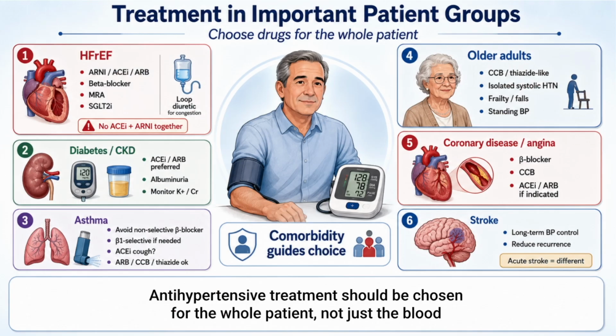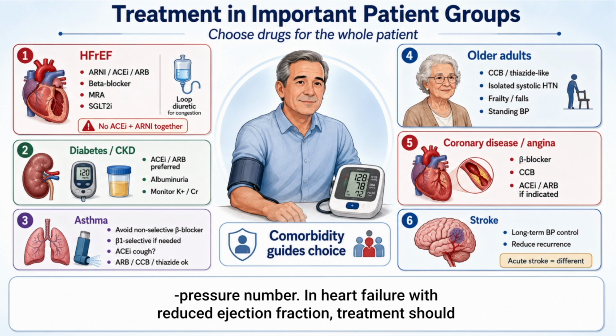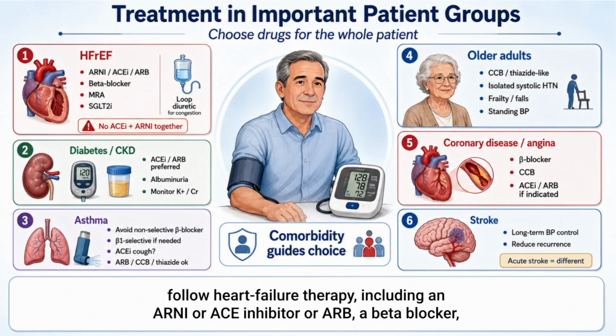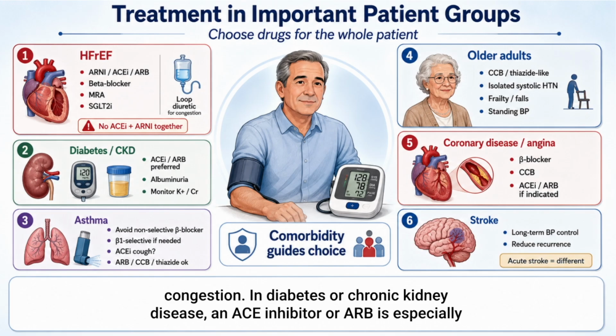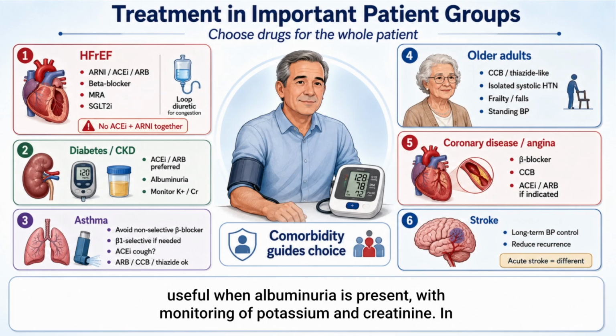Antihypertensive treatment should be chosen for the whole patient, not just the blood pressure number. In heart failure with reduced ejection fraction, treatment should follow heart failure therapy, including an ARNI or ACE inhibitor or ARB, a beta blocker, a mineralocorticoid receptor antagonist, and an SGLT2 inhibitor, with loop diuretics for congestion. In diabetes or chronic kidney disease, an ACE inhibitor or ARB is especially useful when albuminuria is present, with monitoring